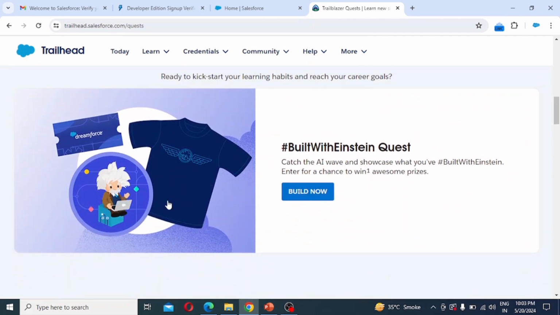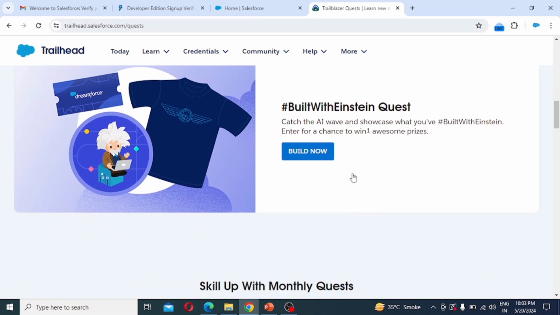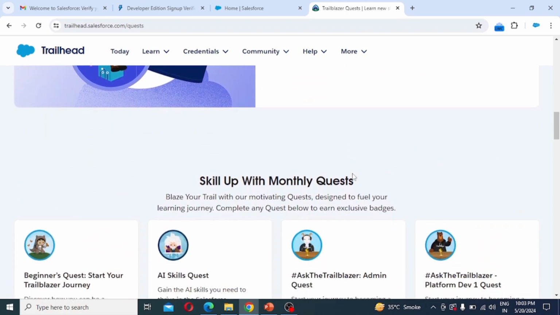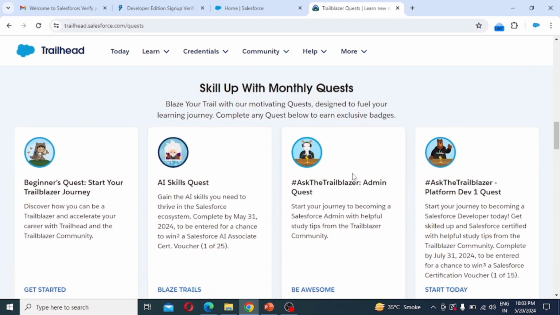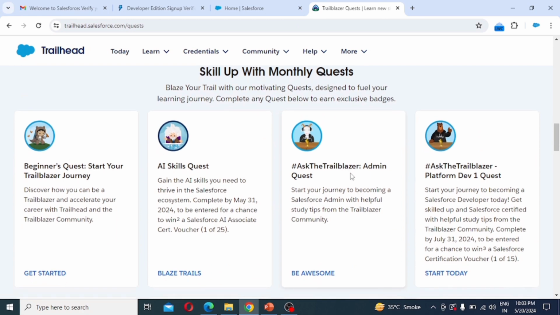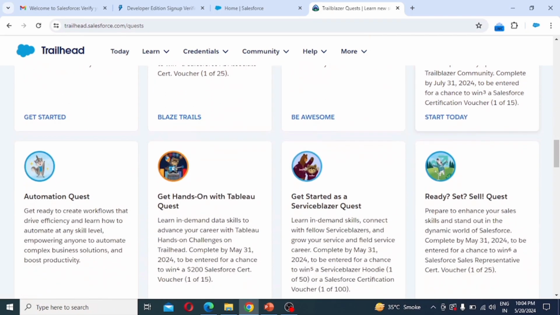After doing all the challenges, sometimes it's giving gifts and certification vouchers also. Skill up with monthly quests. So new things are coming. Beginners quest, start your Trailblazer journey, AI skill quest, and many more are there.